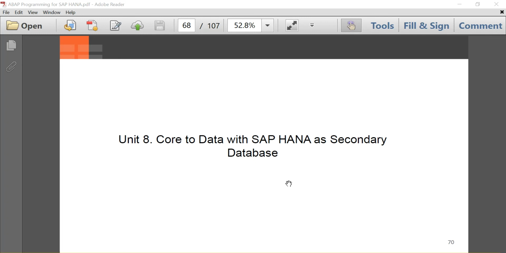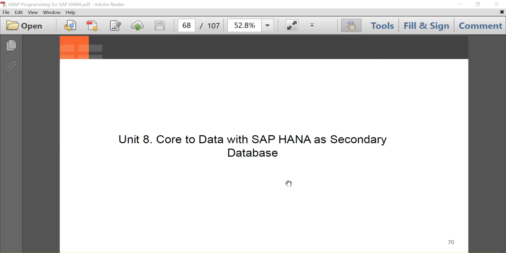So finding and analyzing views in SAP HANA: how HANA-specific views like attribute views, analytical views, and calculation views in HANA Studio can be found and analyzed, the different types of SAP HANA views and their features, and consuming SAP HANA views in a secondary database like the SAP HANA database. Also working with database procedures, so HANA views and HANA database procedures stored on SAP HANA, and consuming SAP HANA database procedures,